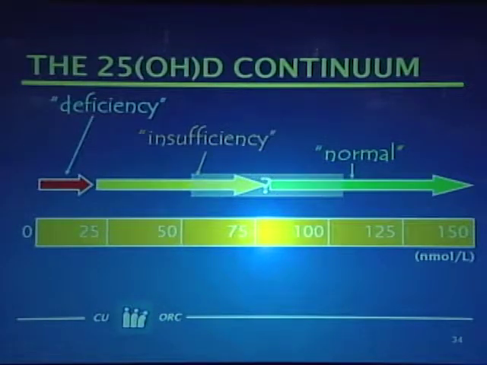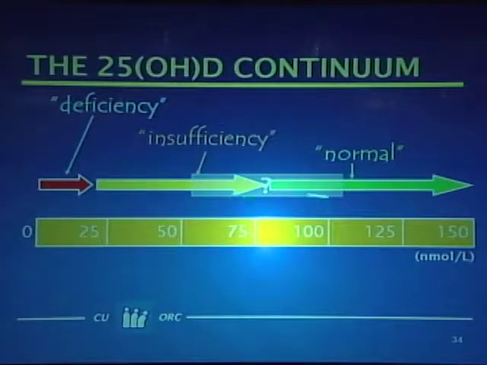But the boundary between those two varies in various publications. Many of the Europeans like to put this boundary down here in the range of 50 nanomoles or 20 nanograms, and you'll see data today which would suggest it ought to be closer to 100 to 120 nanomoles per liter, or 40 to 50 to 60 nanograms per milliliter. So there's some uncertainty about this, but I think the evidence is shifting toward the right rather than toward the